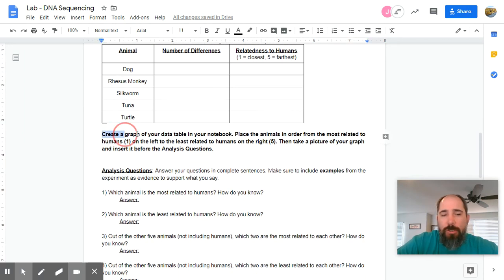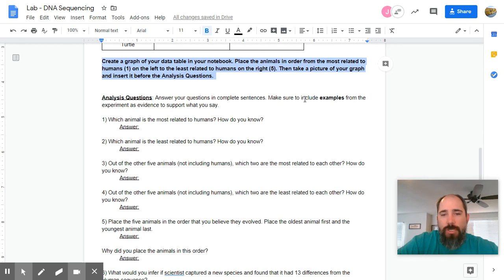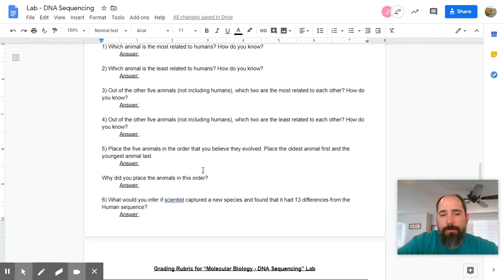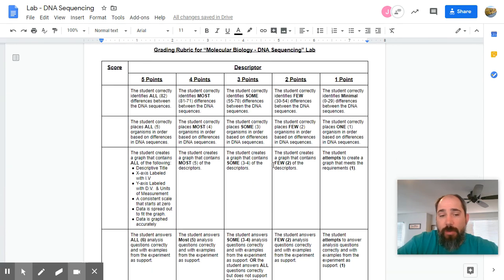This is an important section that several students tend to forget. I want you to create a graph and insert it in here. Order your graph with number 1 on the left, number 5 on the right, and make bars going up for each number of difference. Then make sure you answer your questions, include examples from the evidence, and answer them in complete sentences. If you're interested to see how you're going to be graded, the rubric here at the end lays